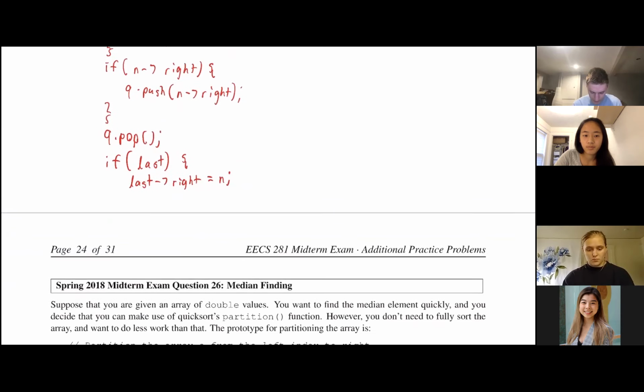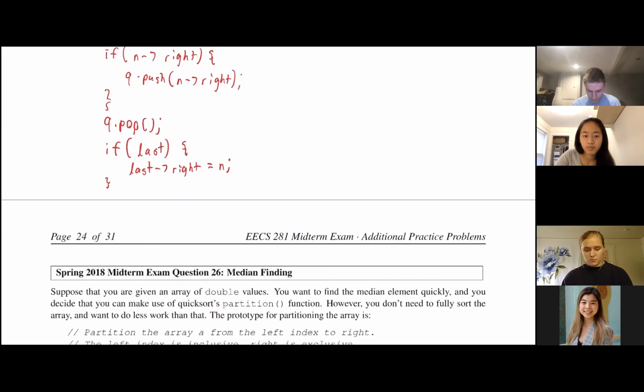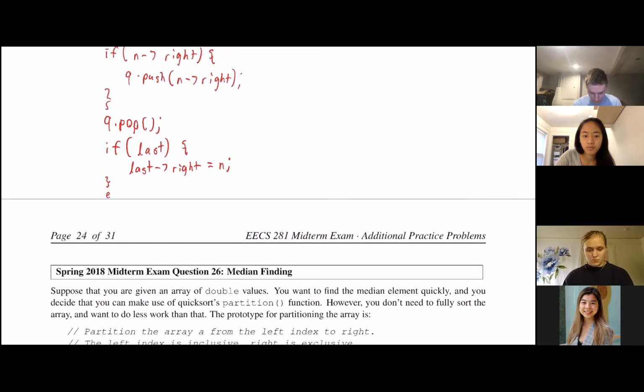And then otherwise we don't need to do anything, because we just need to update last, and we do that in either case. So in either case we just set last equal to n, and then